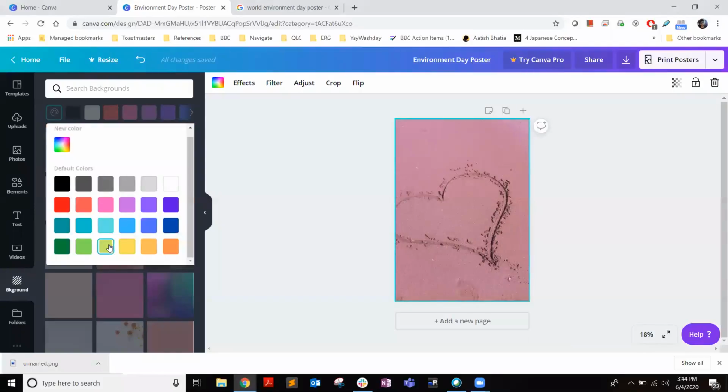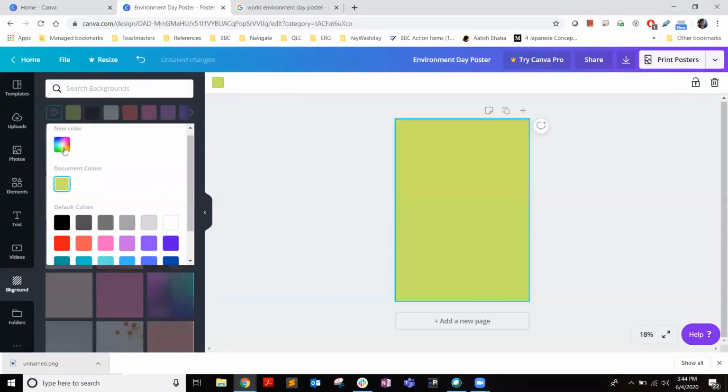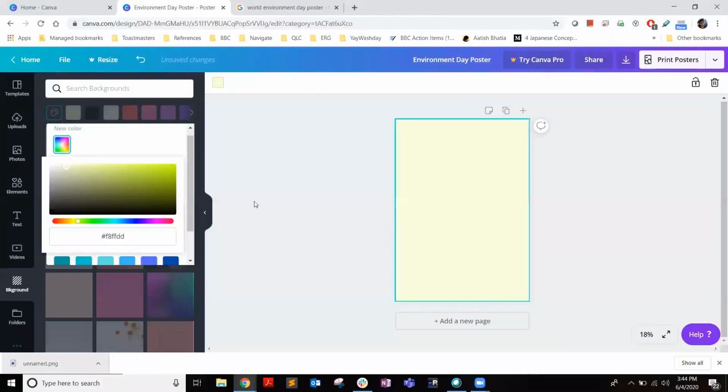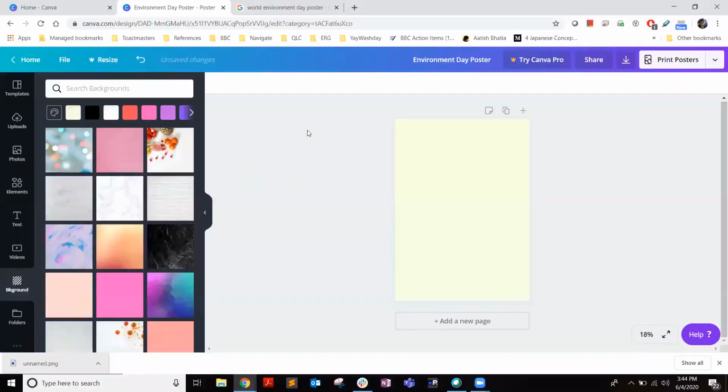So we had chosen the background. We'll move to that background here. Yeah, so we have a light green background as so. Yes, Arnav, you have anything? Please unmute yourself and feel free.